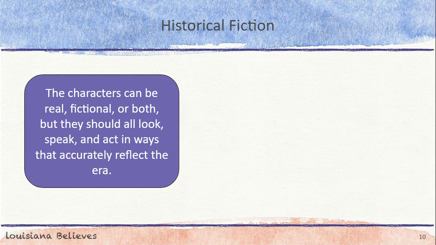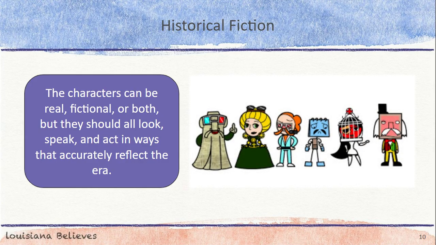The characters can be real, fictional, or both, but they should all look, speak, and act in ways that accurately reflect the era. For example, if you are writing a book about Mary Tudor, it shouldn't disregard or reinvent her family history as the daughter of Henry VIII or sister to Elizabeth I, who both played an important role in